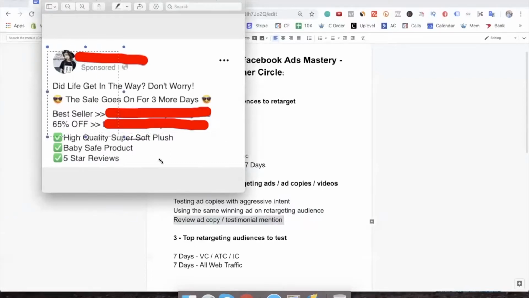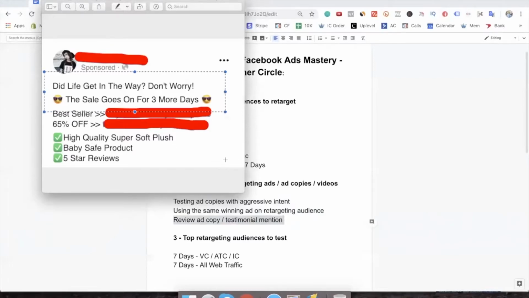This one works the best. The review does really well for retargeting. So if it's people that visited the website, let's say 30, 60, 180 days ago, reviews work well because they remind them, oh wait, yeah, I remember this website. Oh, it has a good review. It has that impact of bringing them back to you. Because this doesn't really make sense: "Life gets in the way, don't worry, the sale goes on for 3 more days" to 180 days, that kind of doesn't make sense. So the better way to do it is by putting a review from the website on the ad,